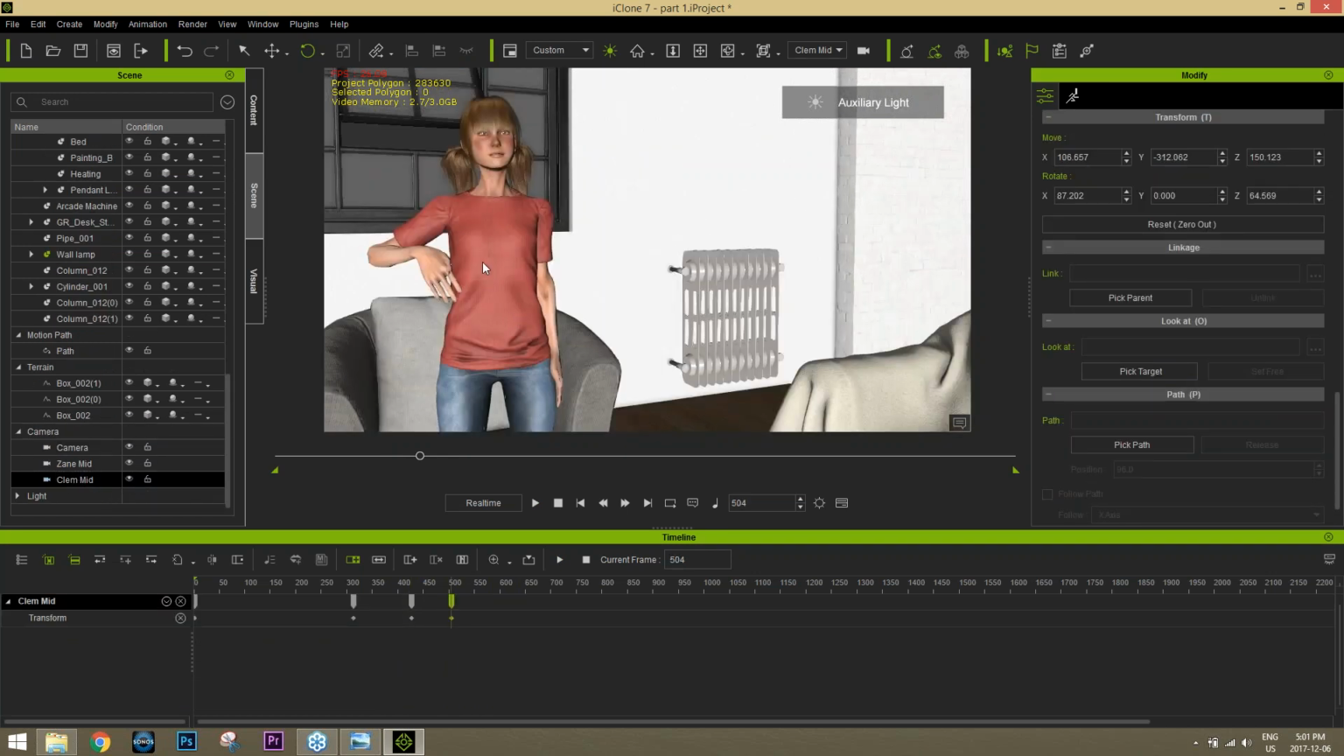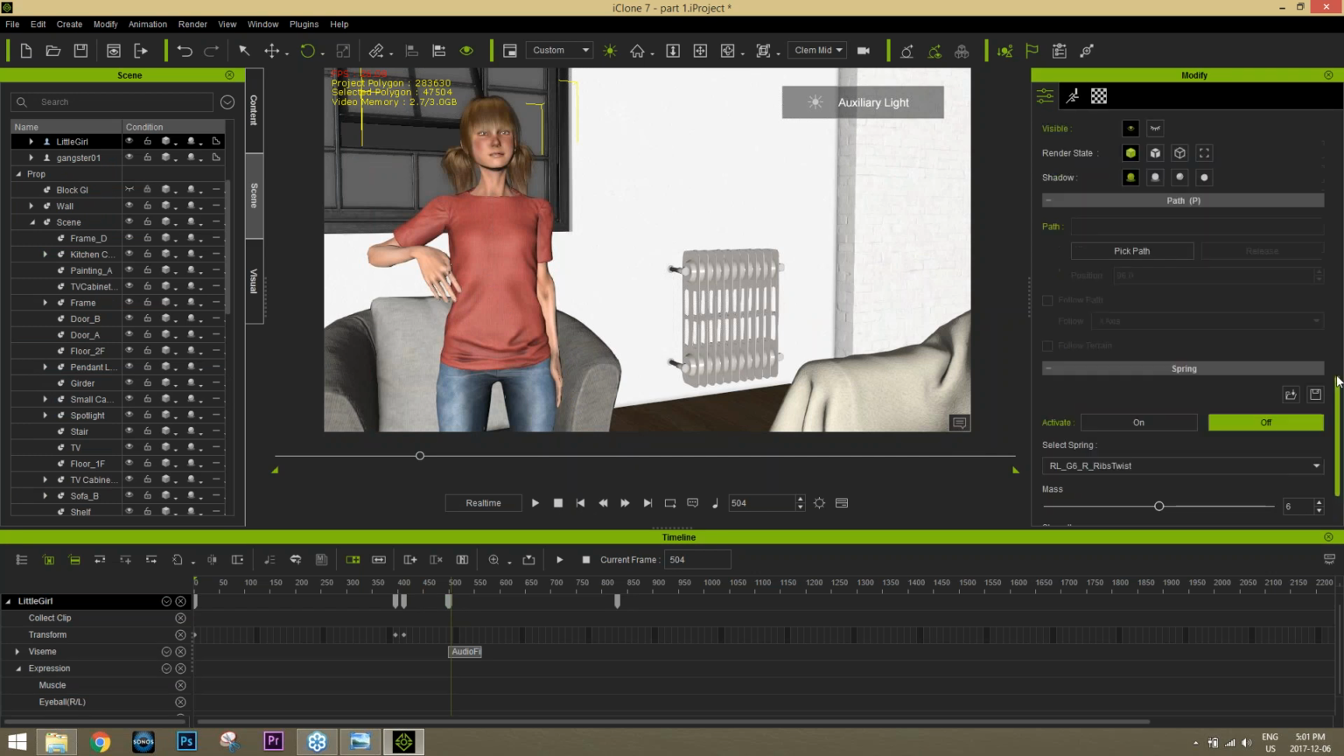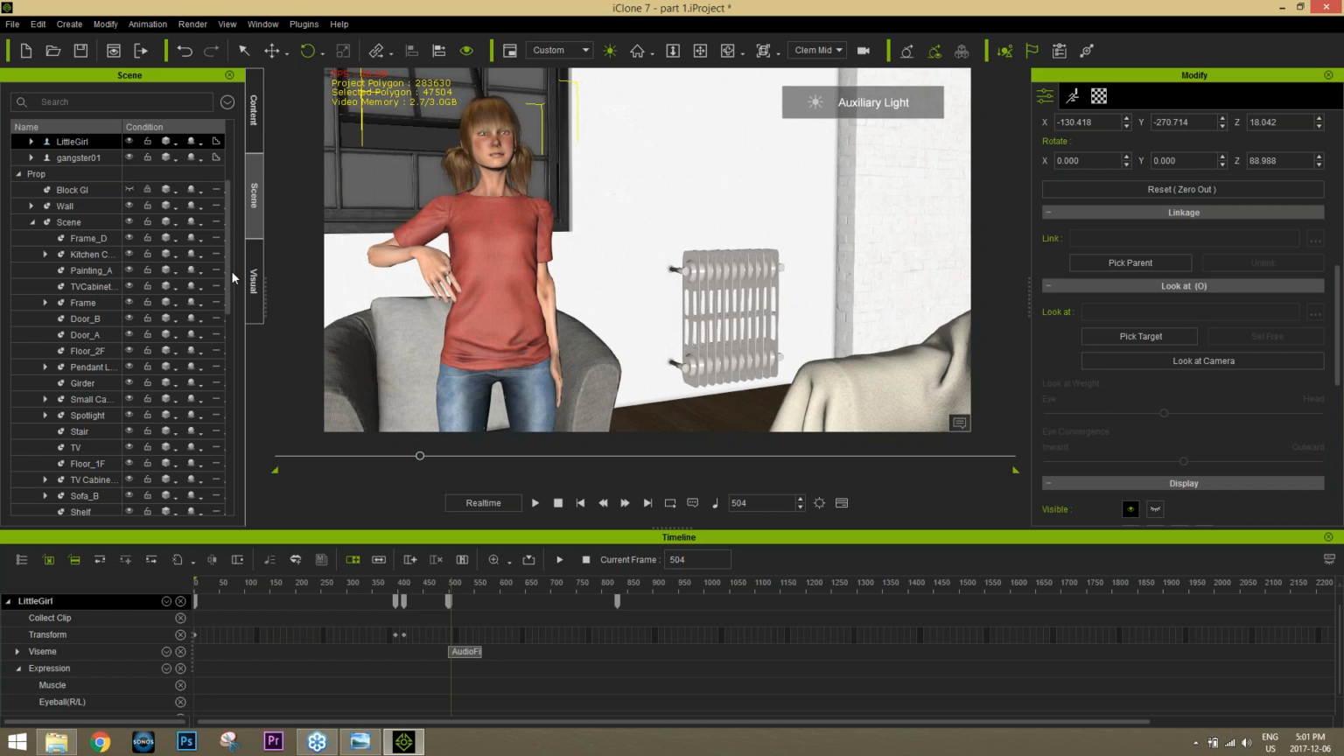Let's bring, oh, she needs to be looking at Zane as well. So that's why she looks weird, that she's not looking at Zane. So let's select her and have her look at Zane as well. You can also look at a character by picking it from the scene manager here. So we'll have her look at Zane